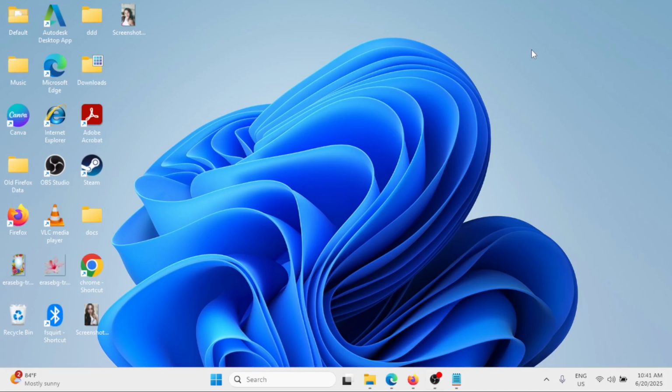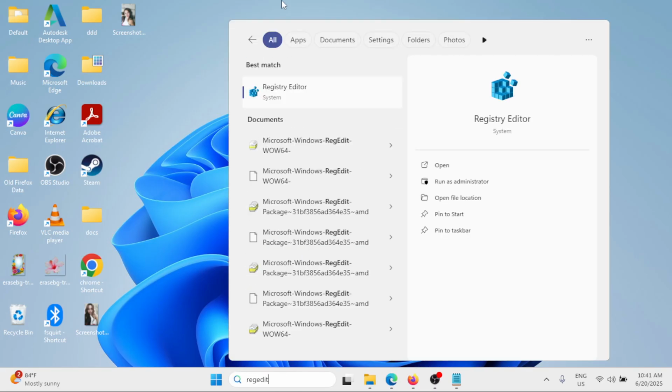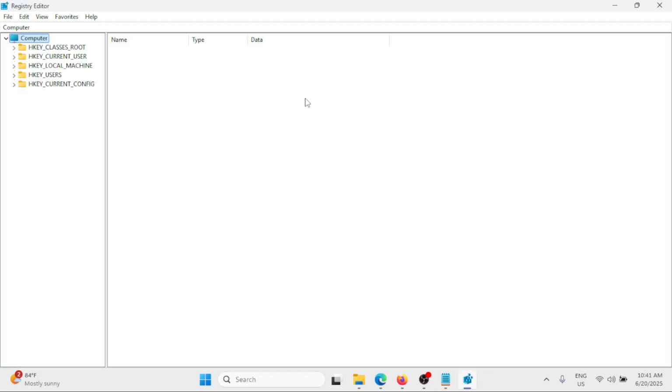In this video tutorial, I'm going to share with you how you can disable the keyboard shortcuts on your Windows 11. So let's get started. Go to the Windows search bar and type regedit, Registry Editor, under the best match, and just go ahead and